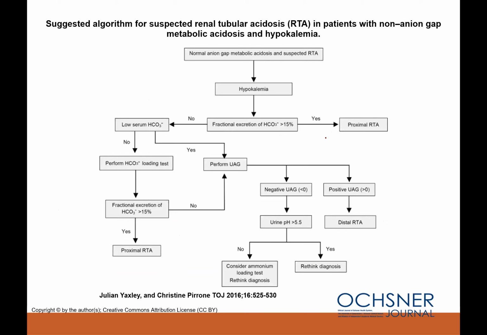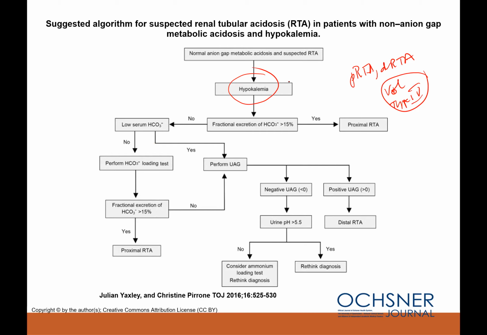So normal anion gap metabolic acidosis, suspected RTA. The first thing I look at is potassium: is it hyperkalemia or hypokalemia? Because I know proximal RTA and distal RTA are hypokalemic, and then voltage-gated defect and type 4 are hyperkalemic. So the first question is, what is the serum potassium like? If the serum potassium is hypokalemic,